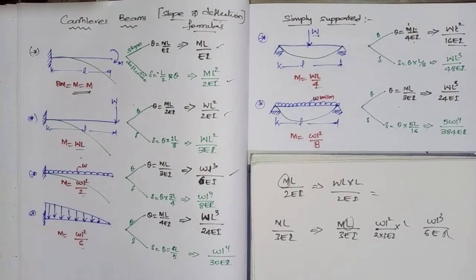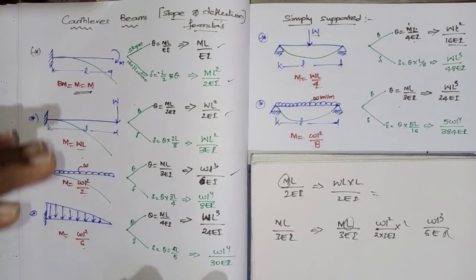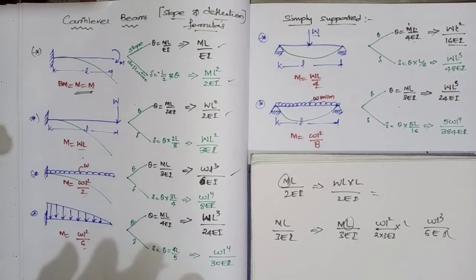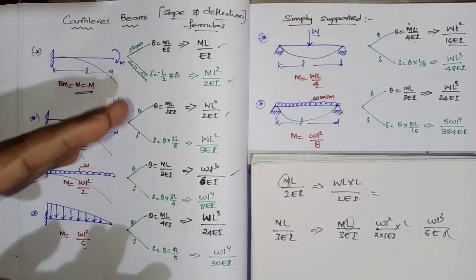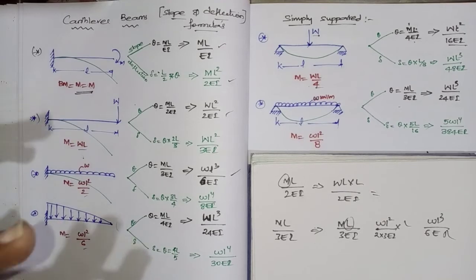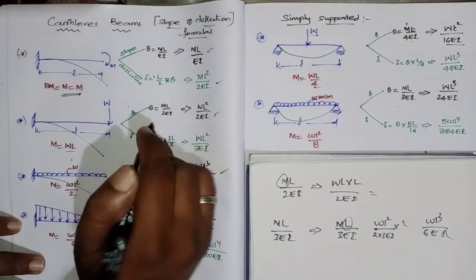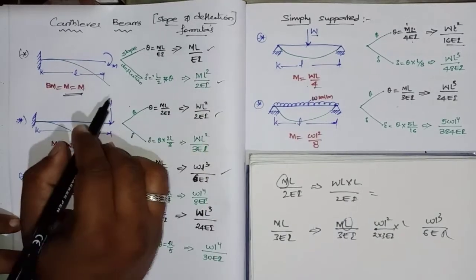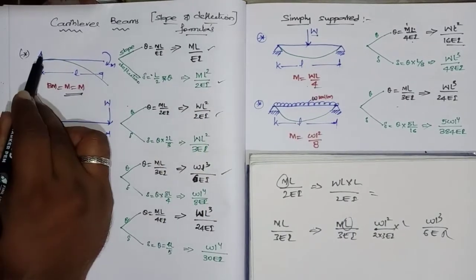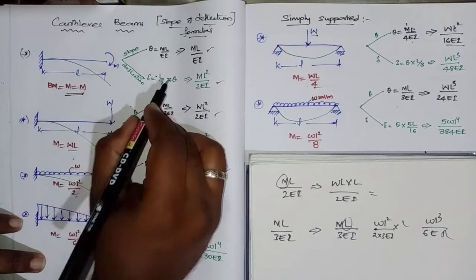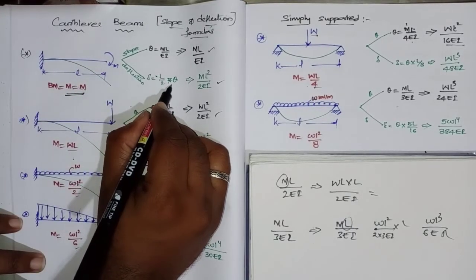So this is the easiest method to keep in mind regarding the slope formulas. But for deflection formulas, you have to multiply the slope formulas with some factors. Those factors you are supposed to keep in mind. Now here this is the slope formula, right? ML by EI. For getting the deflection for a cantilever beam carrying a moment couple at the free end, multiply with L by 2 into theta.